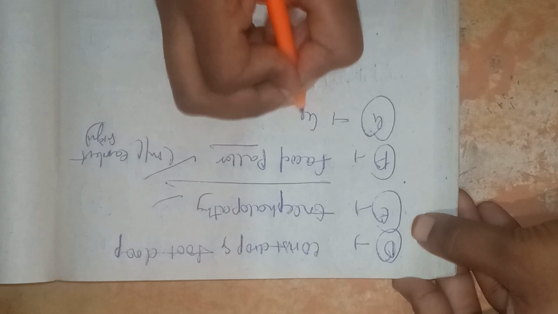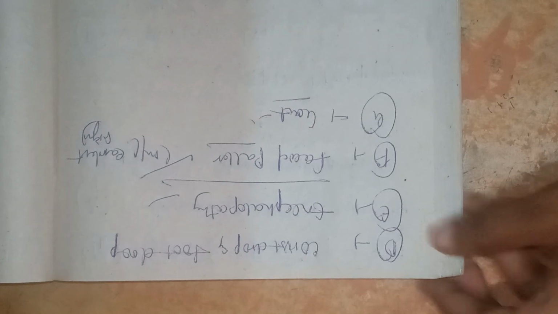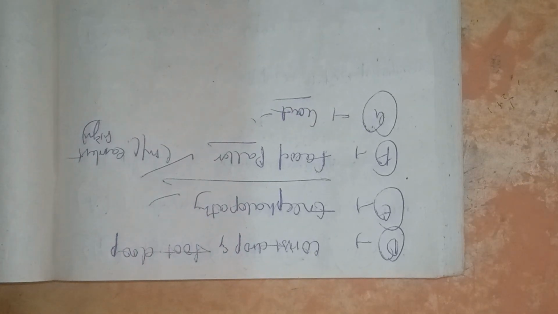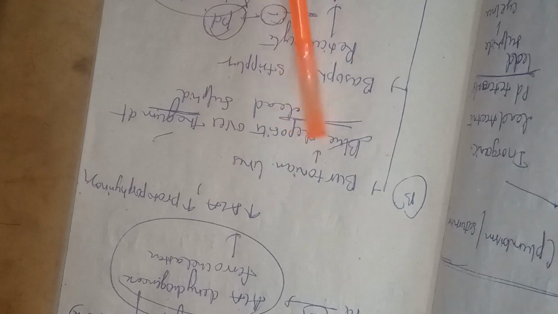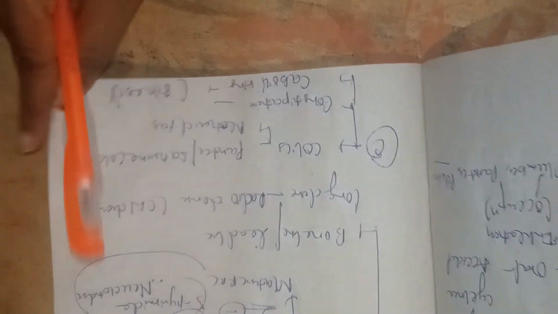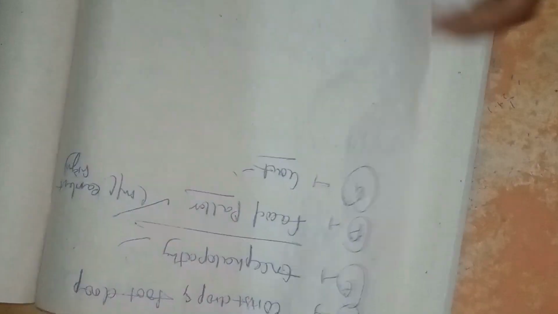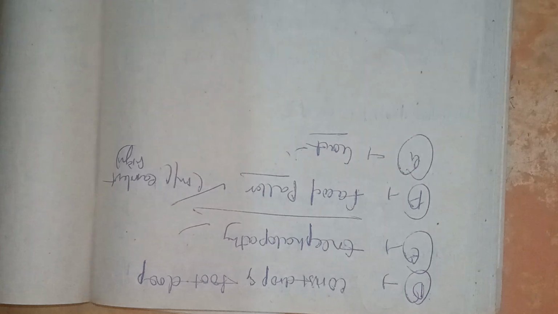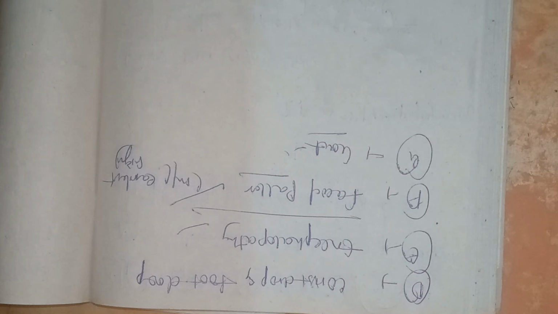Next comes G. G means gout. Saturnine gout is present. So these are the A, B, C, D, E, F, G. A means anemia. B means basophilic stippling, Burtonian lines, and another B is bone line or lead line. Next comes C. C means colics, constipation, cardboard ring. Next, D means wrist drop, foot drop. E means encephalopathy. F means facial pallor, the earliest sign.